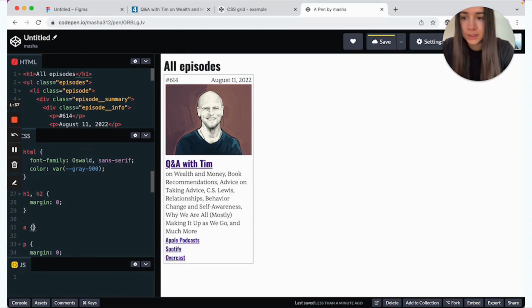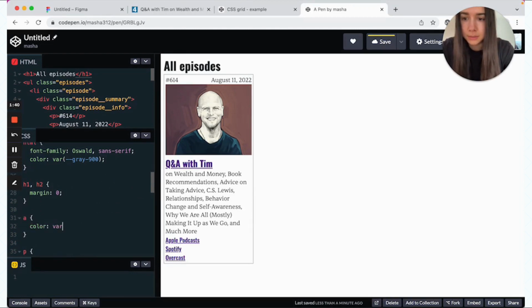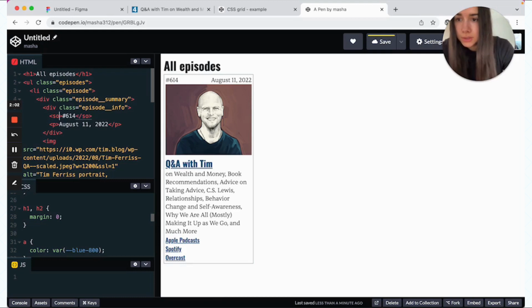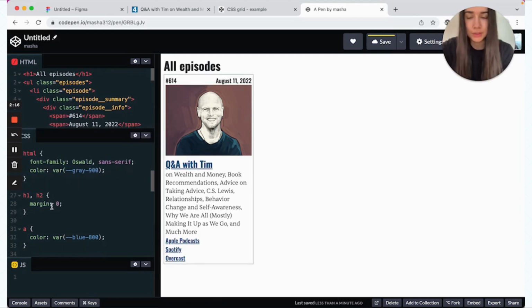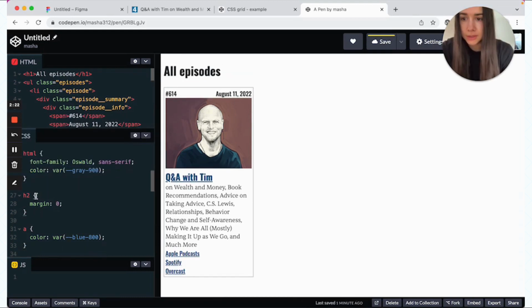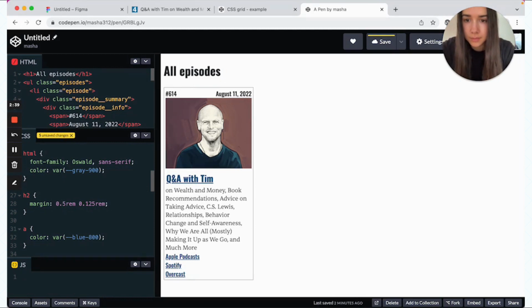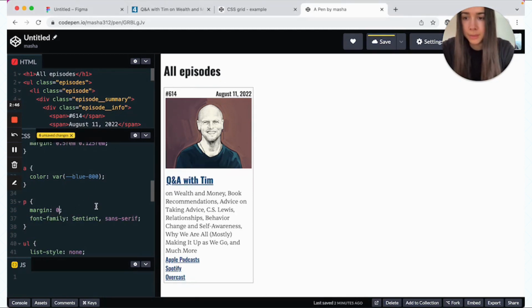And we'll also style our links. We'll give them a color of blue 800. Actually, maybe I will switch these two to spans. Also for headings, maybe we'll just keep the default margin for the H1 tag. And then for the H2, we can do something like this. And then we'll update the margin for our paragraph to maybe,